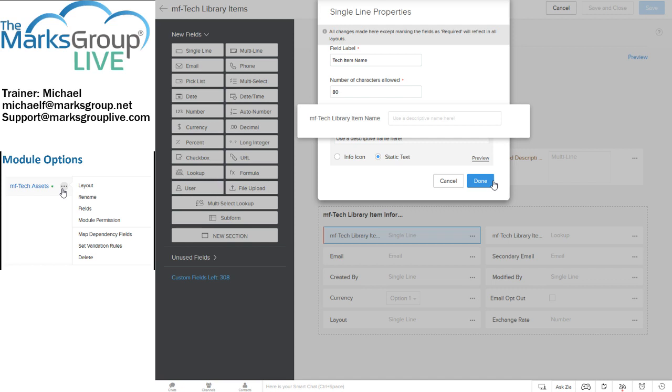If you are using a more complicated form and your users may not be as familiar with the form, you might actually want to start with the info icon and then perhaps at a later time go to the static text. Of course, static text people will see every time that they create a new record in this module. If it's the info icon, they may not bother to click on the info icon and then get confused about what they should be doing in the field or exceed the field limits, or